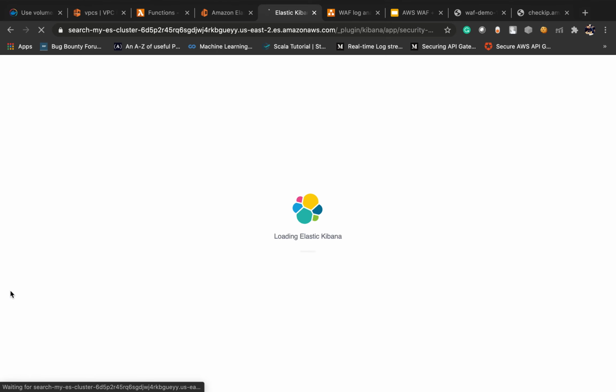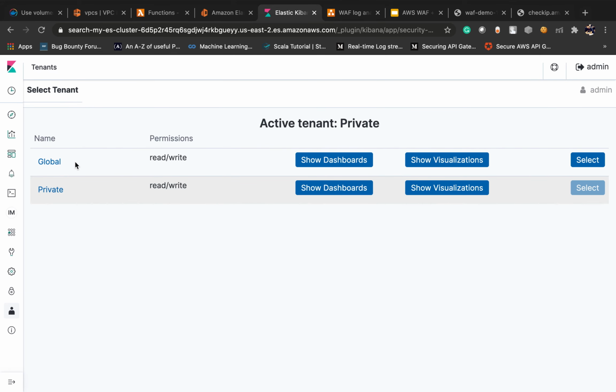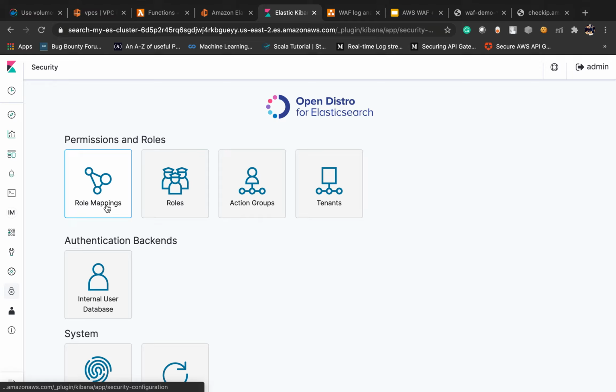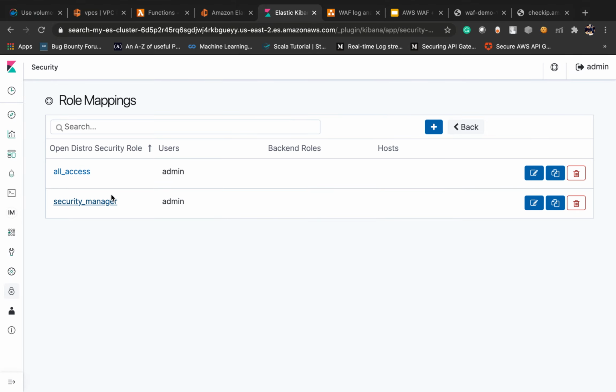Under this security, click on role mapping, and click on all access.